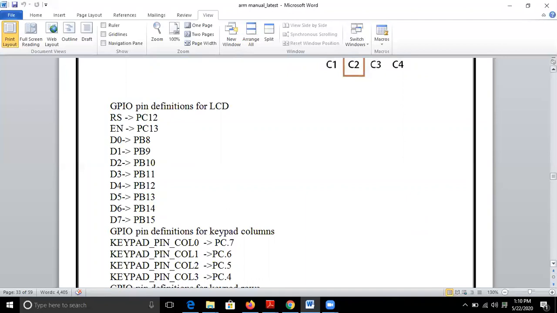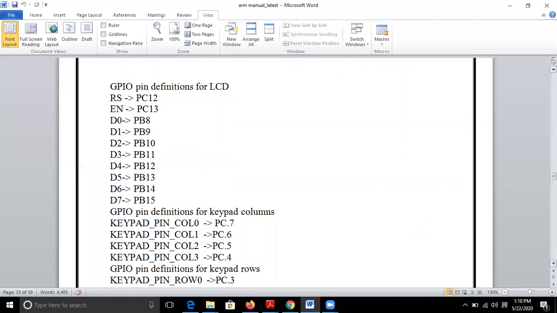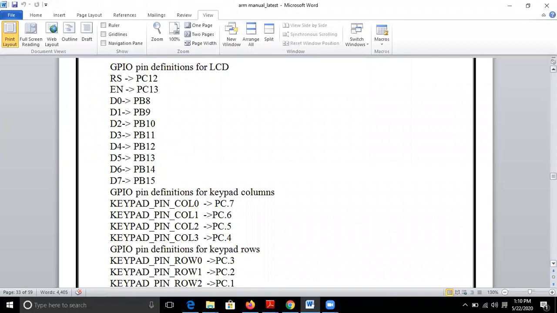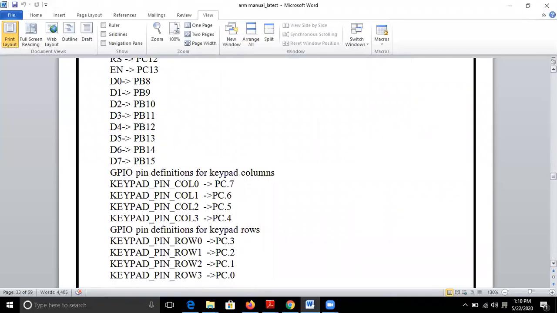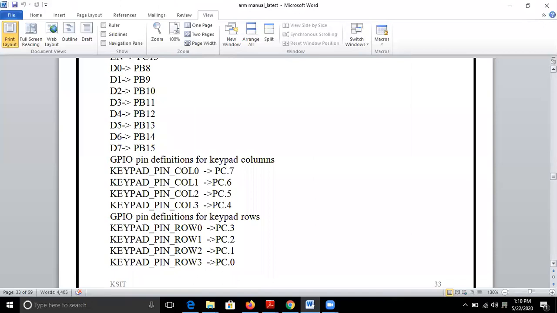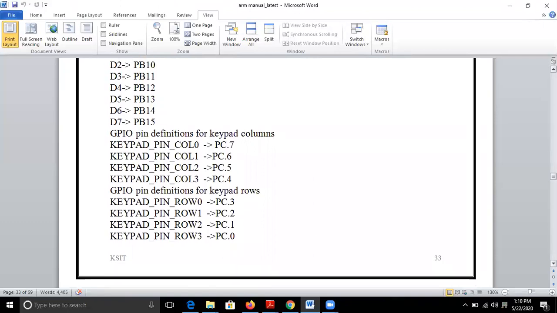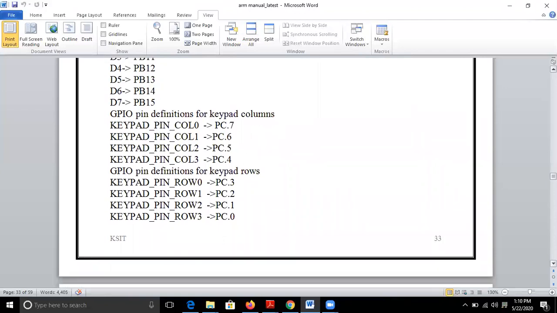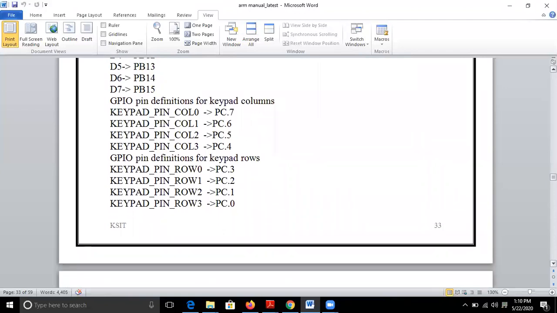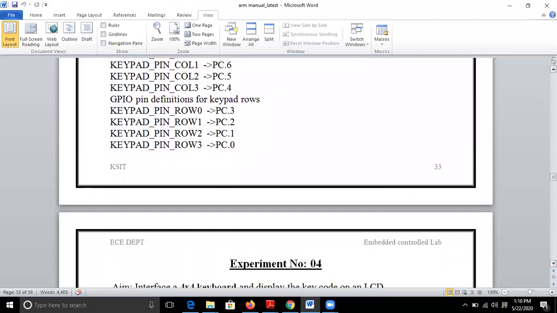D0 to D7 are connected to pin numbers 8 to 15 of port B. Okay, now the keypad column 0 to column 3, row 0 to row 3 are connected to port C, pin numbers from 0 to 7. So you can refer to the ARM controller manual for more details.